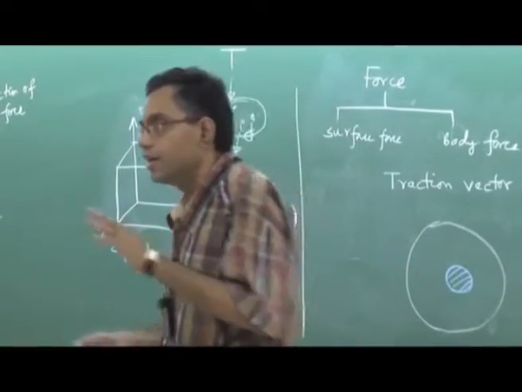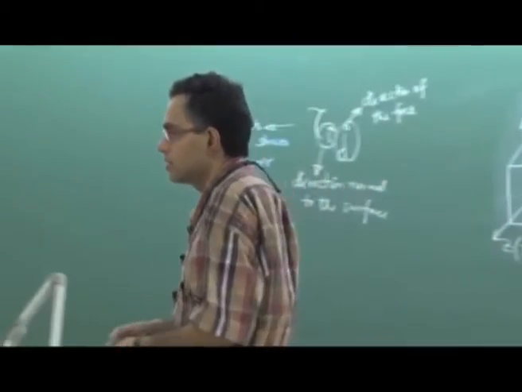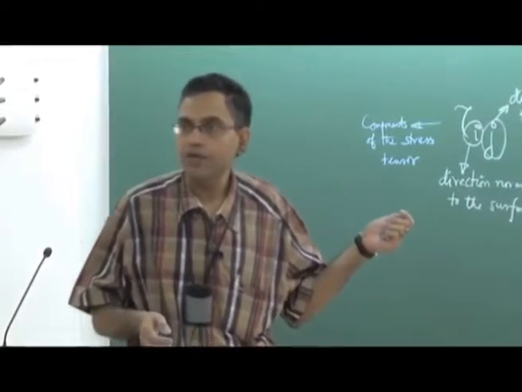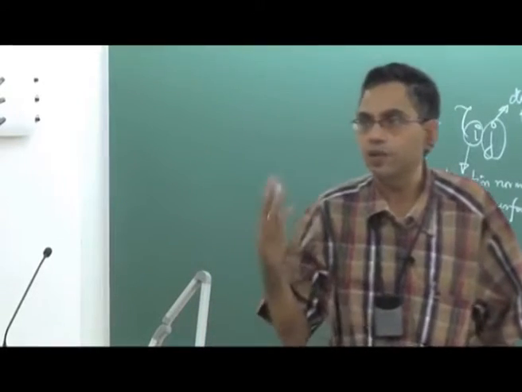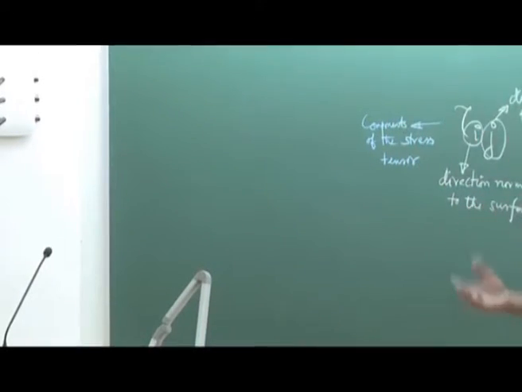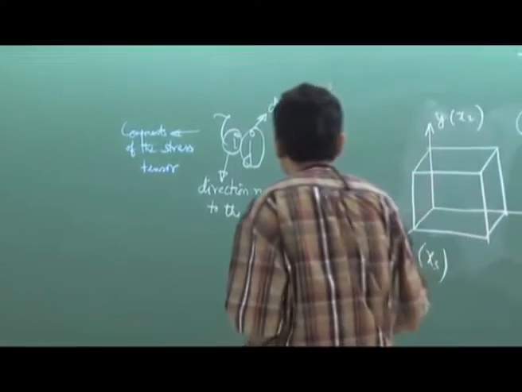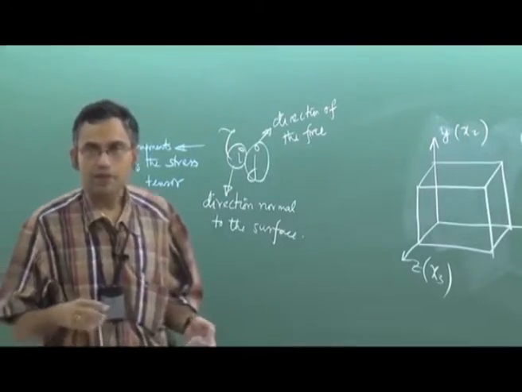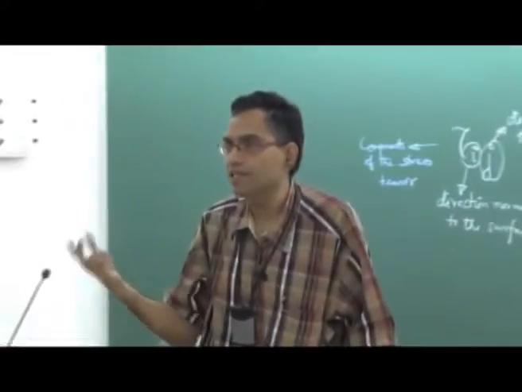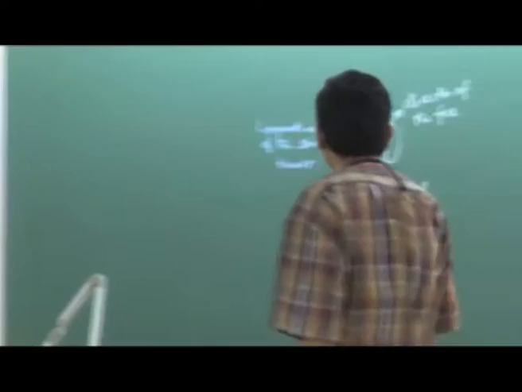In this way you can also have higher and higher order tensors. In the equations that we are deriving, we will come across another tensor which is a 4th order tensor, which will require 4 indices for its specification, but we will discuss it at an appropriate time. Just having 2 indices does not mean that it is a second order tensor. There are several other properties. A second order tensor maps a vector onto a vector, and we will show how this maps a vector onto a vector.